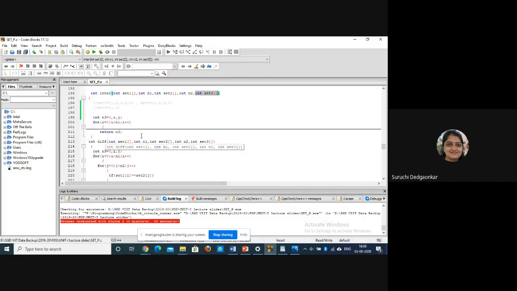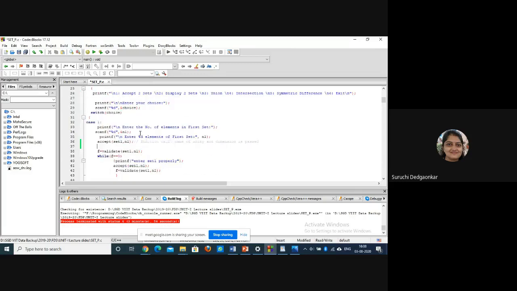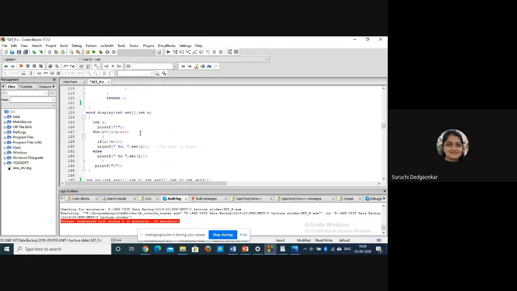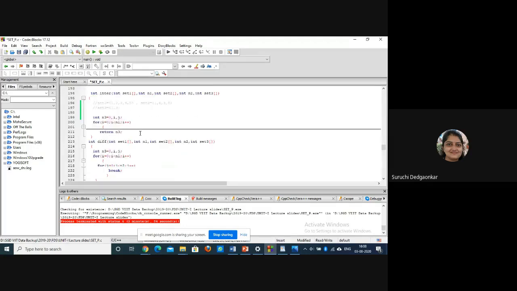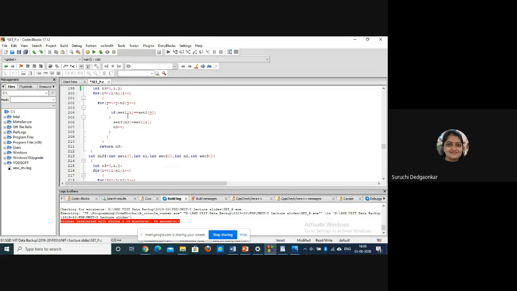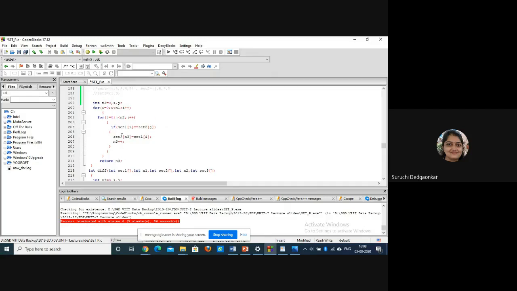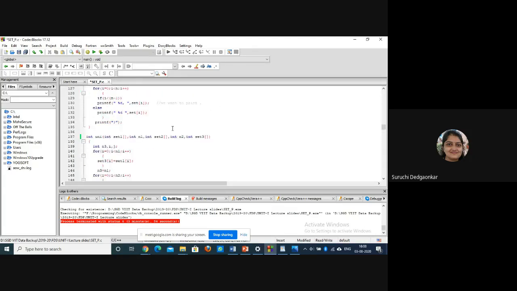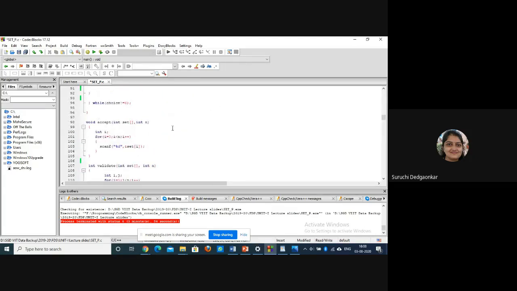After this execution is done, set 3 with final elements will be ready, which can be displayed by calling the display function.